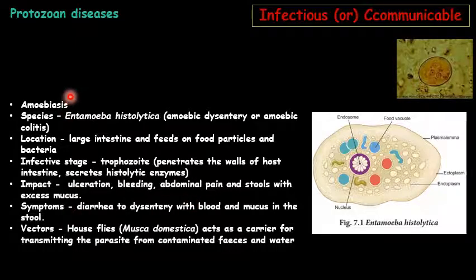And what are the vectors for this disease, amoebiosis? Houseflies are the vectors for this amoebiosis. They can spread this disease and act as carriers, because you all must know that houseflies go and feed on the fecal matter of animals. So they go and carry these multinucleated matured cysts,